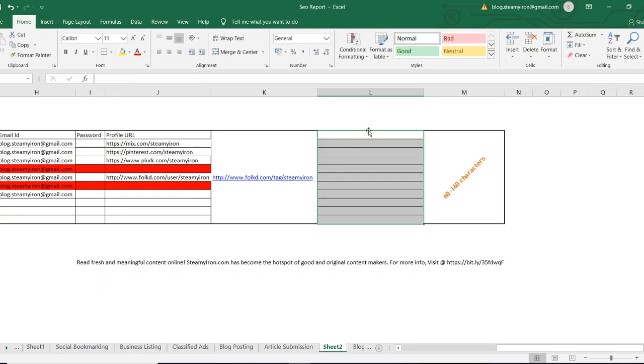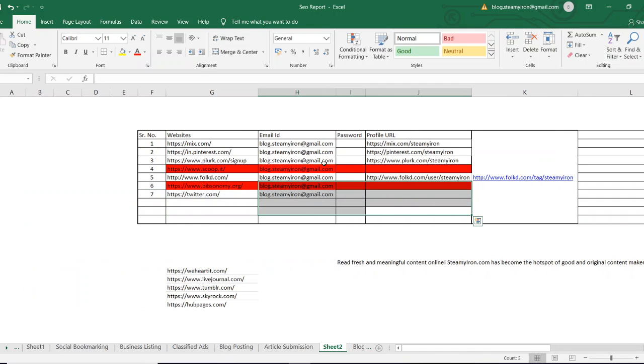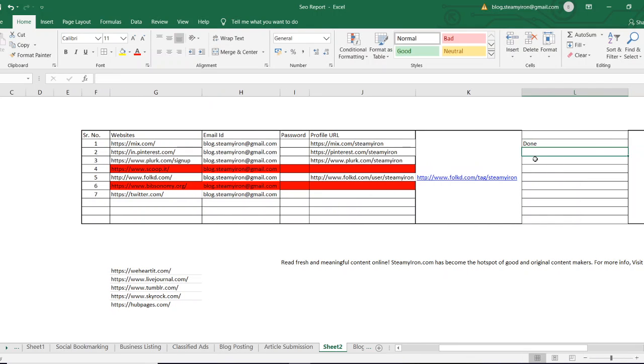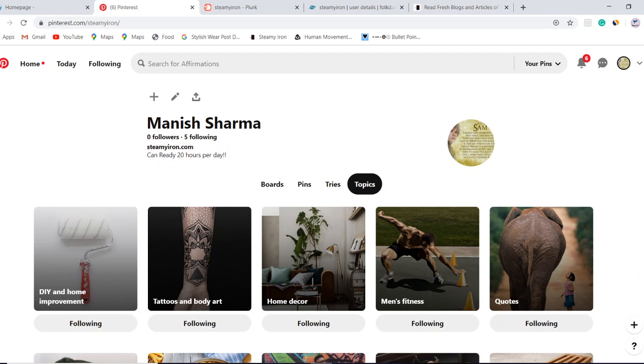I will remove this column later on, but for now I needed it to keep the record. So the first website is mix.com, and the second is Pinterest.com, which is already logged in.